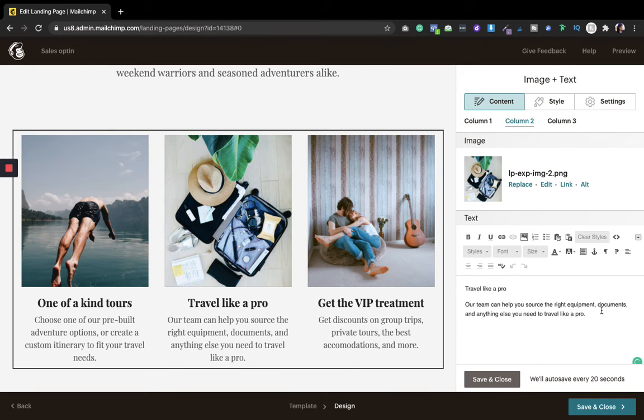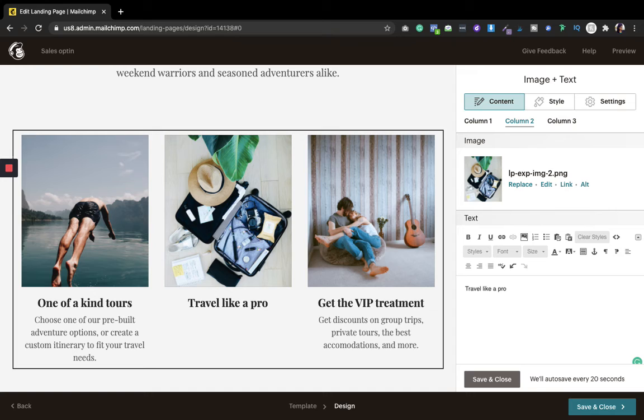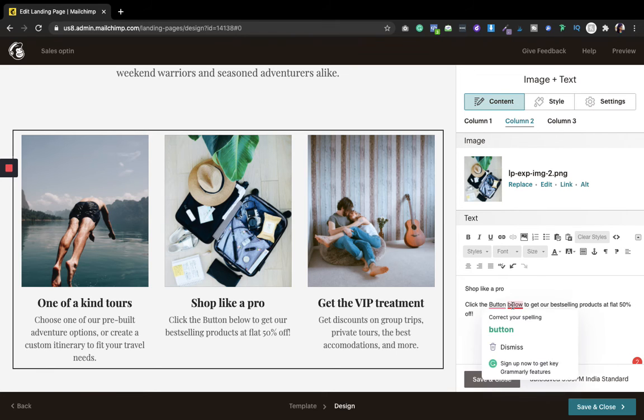So now if I want to remove it and write something like: shop like a pro, click the button below to get our best selling product at flat 50% off, something like this, right?